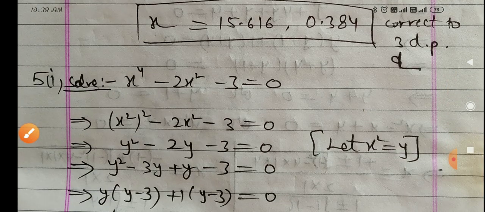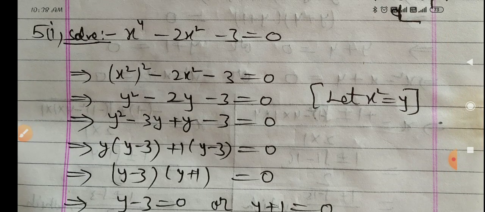Next question you can see. In this question, now the second point I told you, equations reducible to quadratic equations. You can see this is not a quadratic equation: x to the power 4 minus 2x square minus 3 equals 0, because its degree is 4. I told you, if any equation has degree 2, then it will be a quadratic equation. Here the degree is 4, so it is not a quadratic equation. So in what way can I reduce it into a quadratic equation?